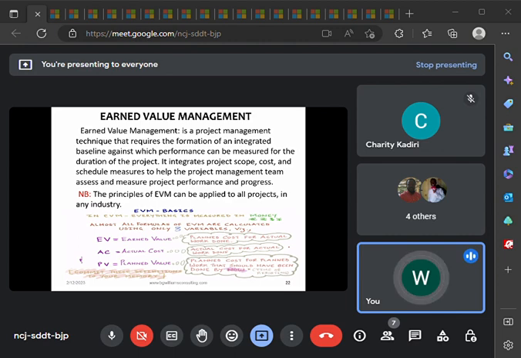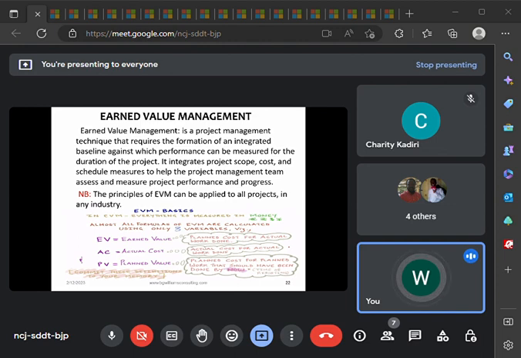Because now we need to actually measure the performance of our project. This is the technique that the project manager uses to know if you are performing in terms of cost, in terms of schedule, and in terms of your scope of work. Now, what are the variables? So, EVM,